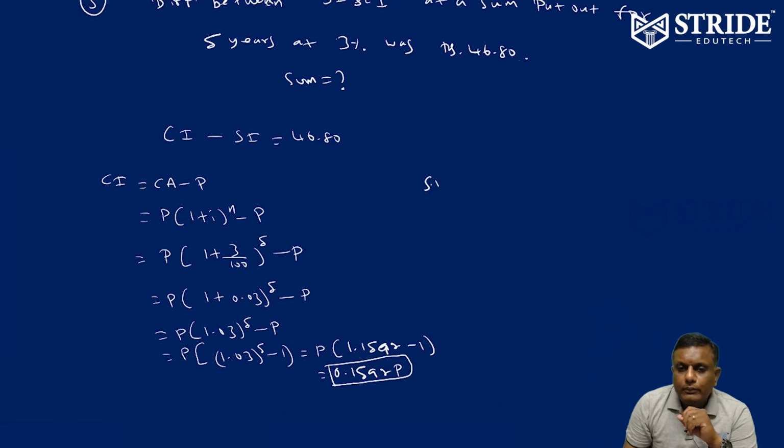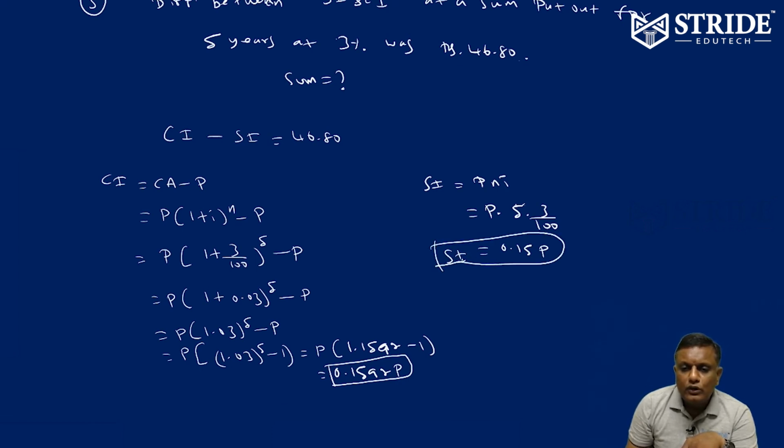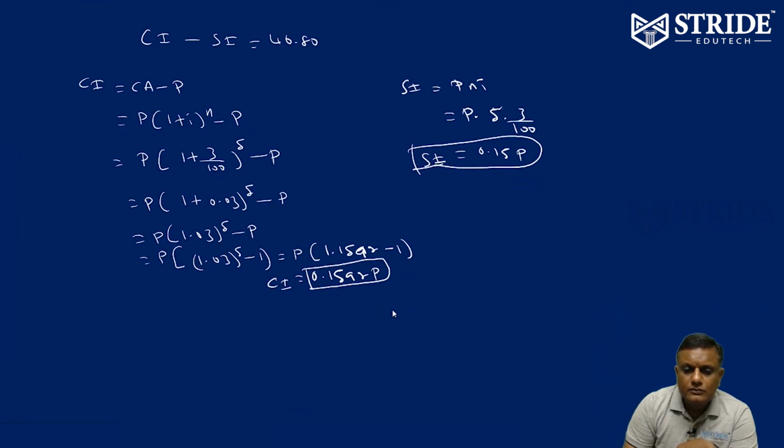Simple interest is equal to P into n into I. Principal, no idea. n is equivalent to 5 years. I is equal to 3 by 100, 0.03. So 0.15 P. Simple interest is equal to 0.15 P. Right. So compound interest 0.1592 P, simple interest 0.15 P. So the difference between